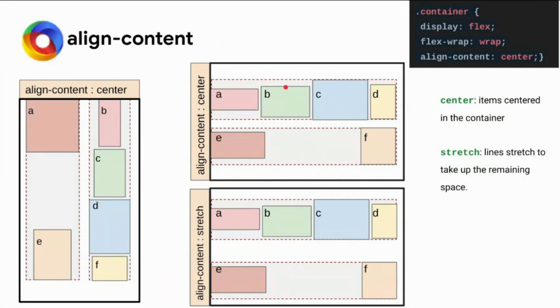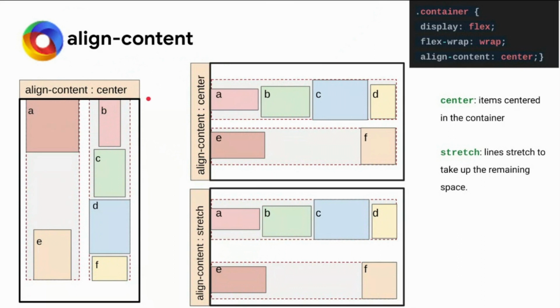Then there is align content center. Center would be centralizing the entire thing in between. So here it would be equal space, here it would be equal space. Same way, align content stretch, what it will do is stretch the top and the bottom one. So till here we can say that align content, or all the major topics, have been covered. Only gap is remaining. That is how we can set the gap, which we can see later on.